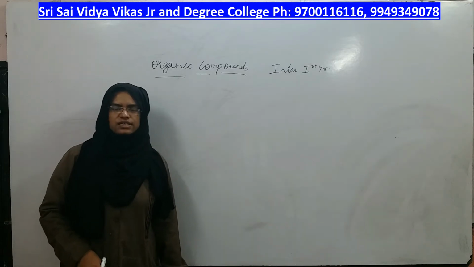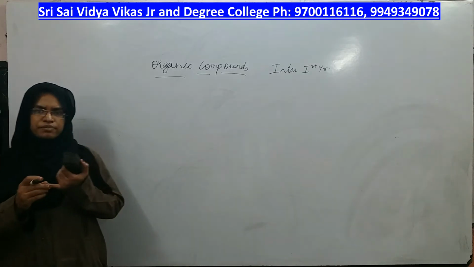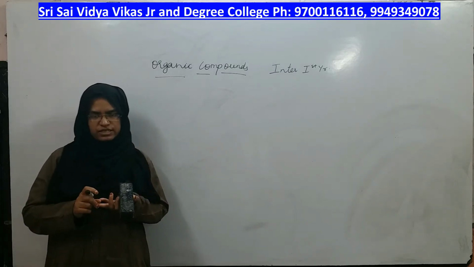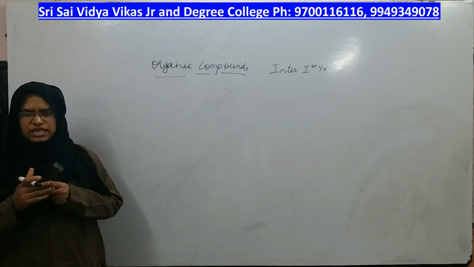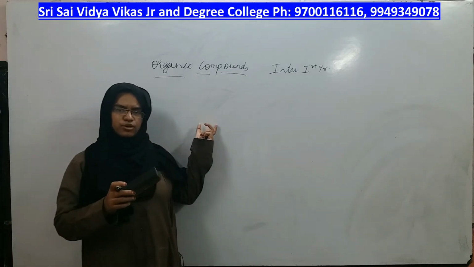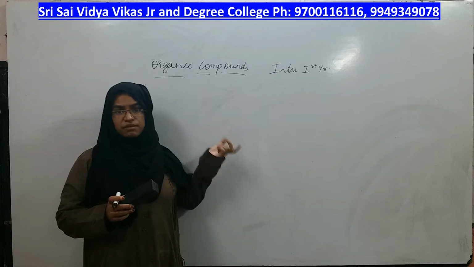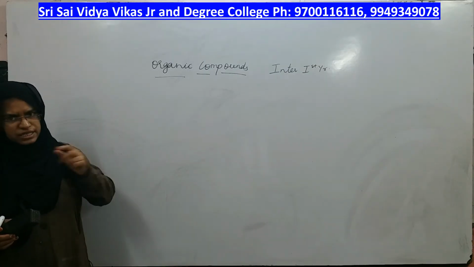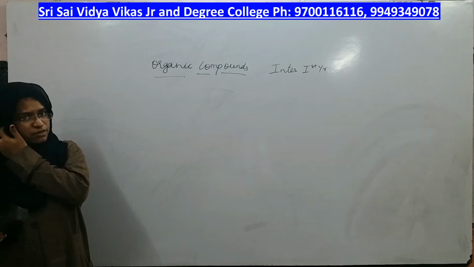In the last class we were discussing the preparations of alkenes and the chemical properties of alkenes, right? We have seen both the reactions. The forward reaction will give you alkenes as a product, and that comes under preparation, and the backward reaction gives you some other product, but the substrate will be alkene. Those are the chemical properties of alkenes.